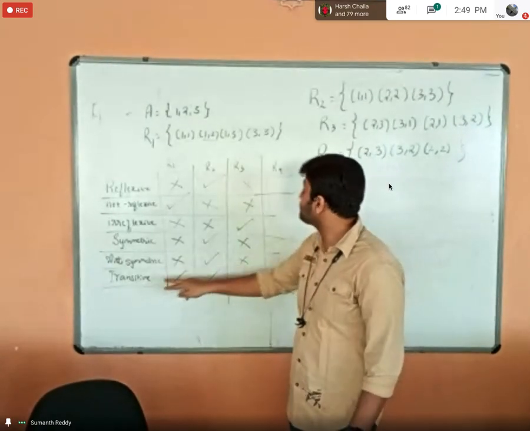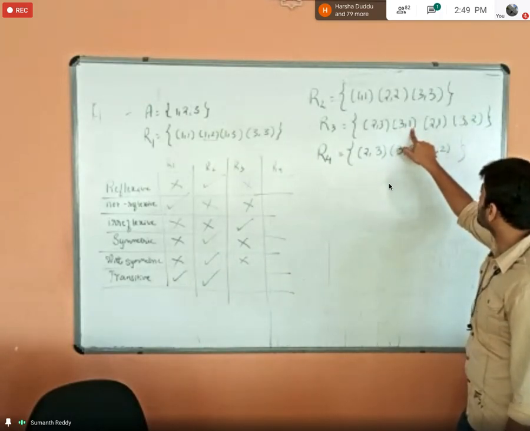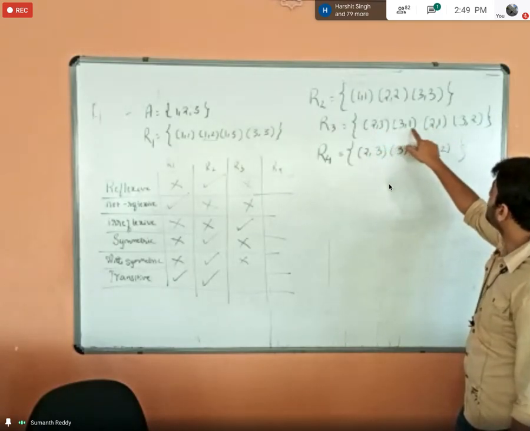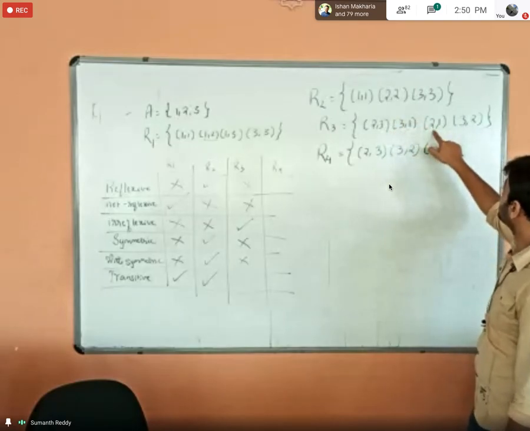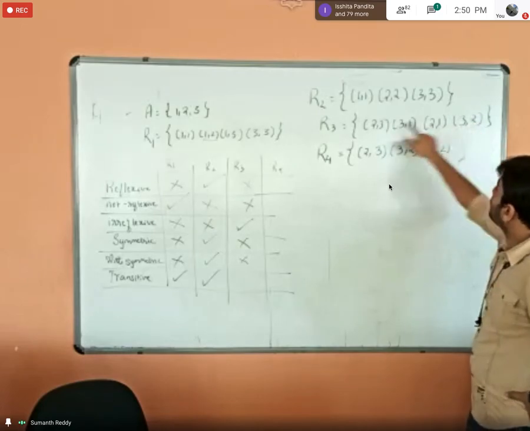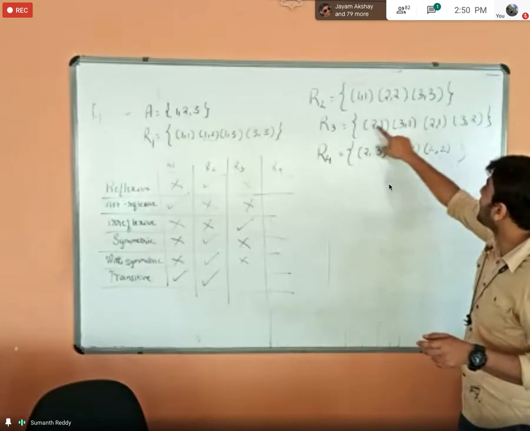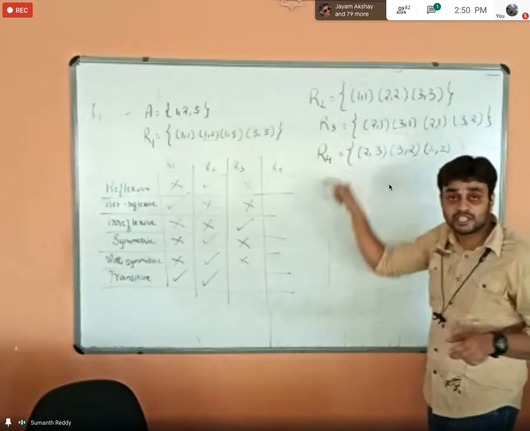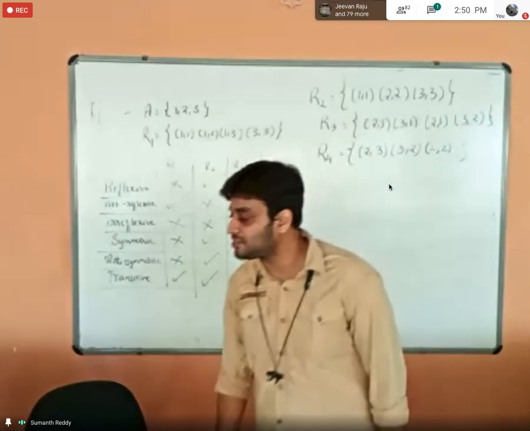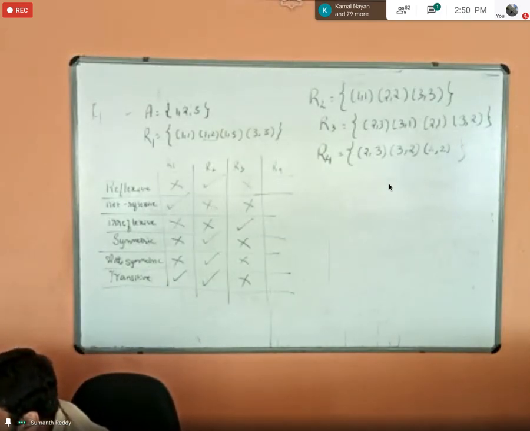Then coming to the transitive property, so I have (3, 1). Okay, fine. And from 1, no ordered pair is starting. So here I have (2, 3) and (3, 1). Then (2, 1) must be present, and it is there. Next I have (3, 2) and (2, 3), but (3, 3) is not there. See, if you observe this one, I have (3, 2) and I have (2, 3). So based on this, (3, 3) must also be present, right? So here it is not there, so it is not transitive also. So if you have made any mistake, you can just cross check. So the relation R3 will satisfy only one property, that is the irreflexive property.